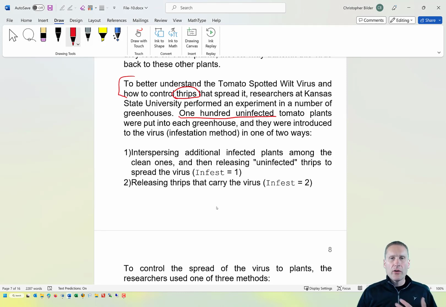And what they wanted to do was introduce the virus to the greenhouses in one of two different ways. So this is our first categorical explanatory variable. It has two levels to it. They refer to this as the infestation method. The first way was to